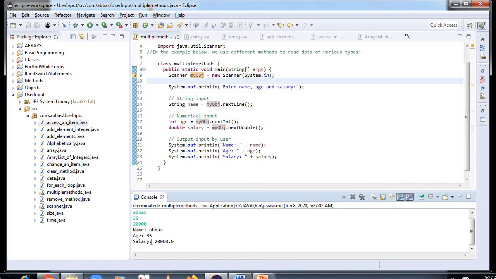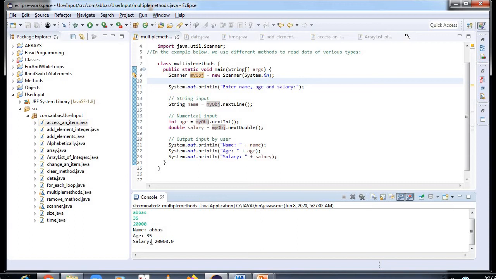Now we are moving to the next topic, Java date and time. It's very simple. Java does not have a built-in date class, but we can import the java.time package to work with the date and time API. The package includes many date and time classes. For example, LocalDate represents a date, which includes year, month, and day, in YYYY-MM-DD format.